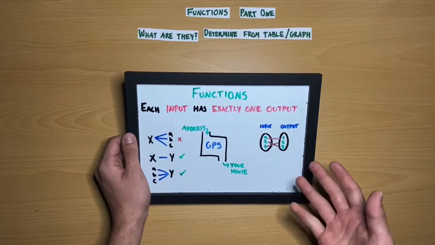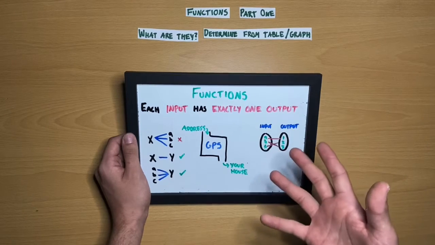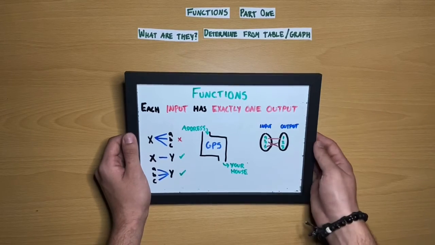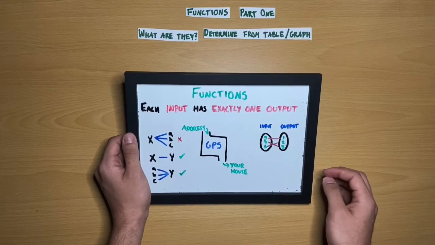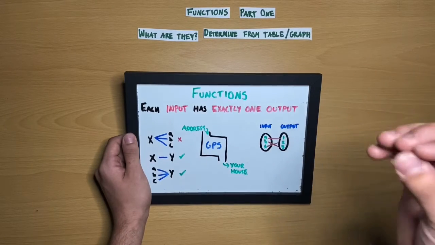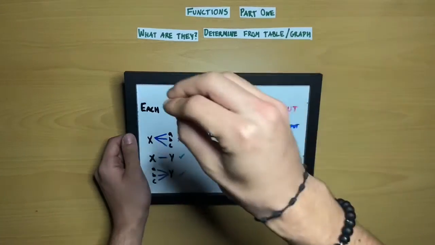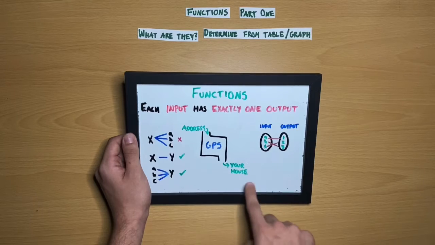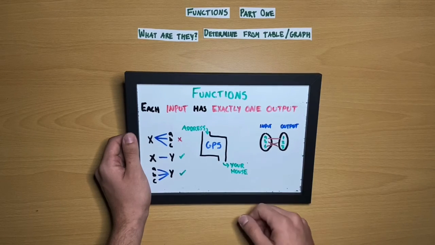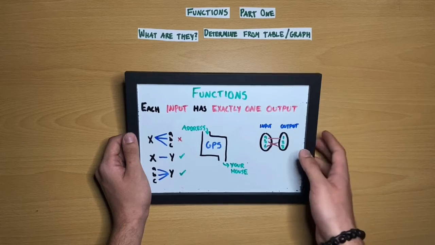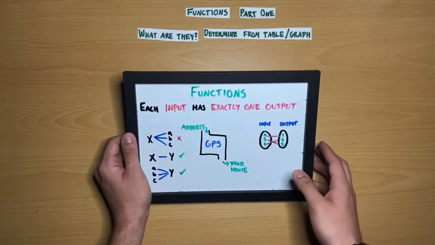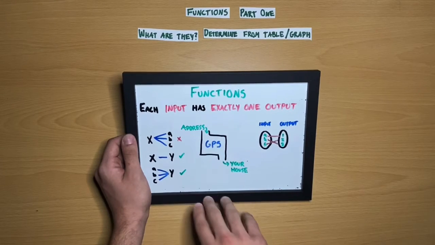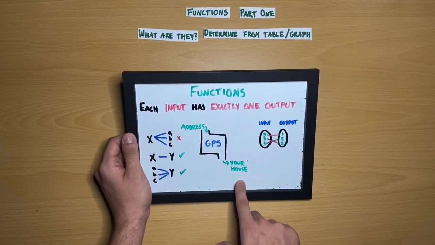Functions don't necessarily have to be equations, in the sense that we usually think of them. There are a lot of examples in real life that use functions. A function is just something that links one value to another. For example, let's say this is our function right here. It's our GPS. If we went on our phone or computer to something like Google Maps, we would type in our address and the GPS does some work,